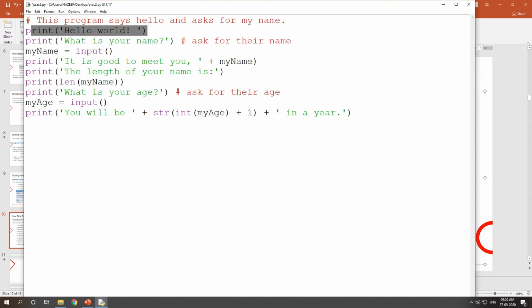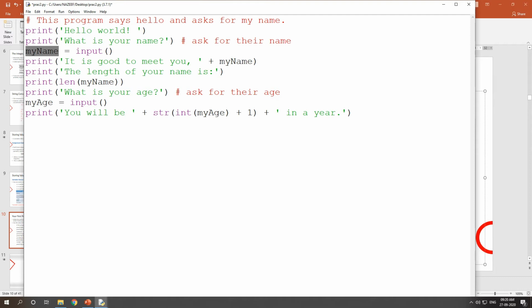So here print hello world. First it will show you the output hello world, then it will ask what your name is. The command line asks you, then you need to enter your name. If you want to take an input from the user, you need to use the input method, and whatever input the user enters will be stored in a variable. Remember, it is very important that input takes all user inputs in the form of a string. So my name will be of the form string.